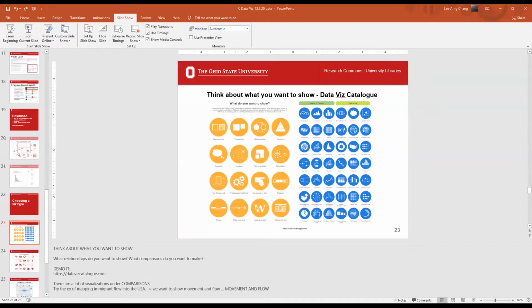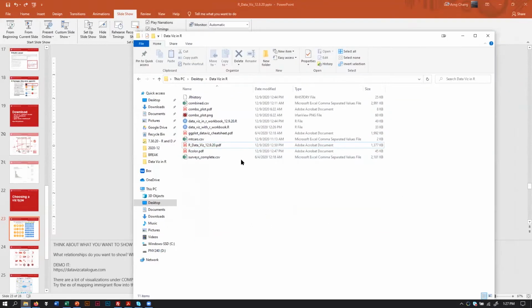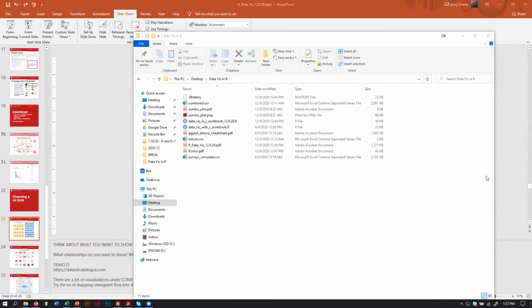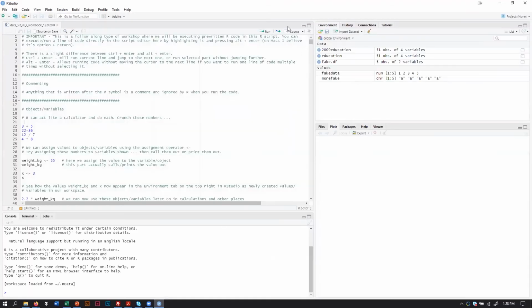Okay, so let me open up that R script file. If I share this, let me share just the screen here. Right now I have opened where I downloaded. All right, let me do this. I'm going to open up RStudio, and I have it installed already. When I open up RStudio, it looks like this. Let me go back to share. You can go ahead and just open up RStudio.